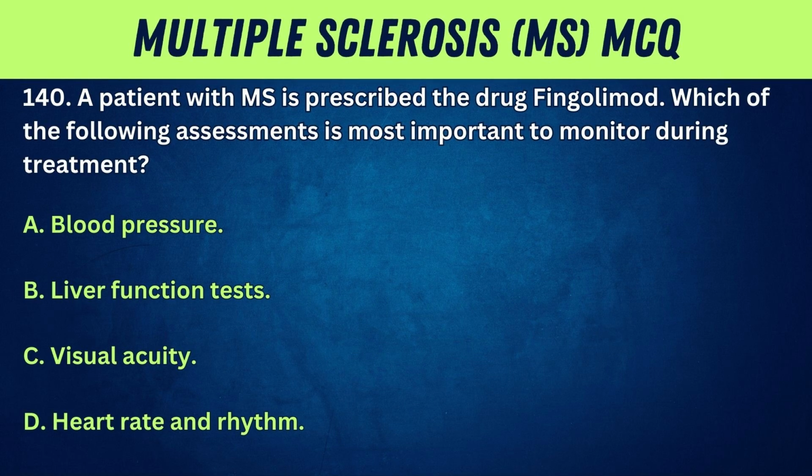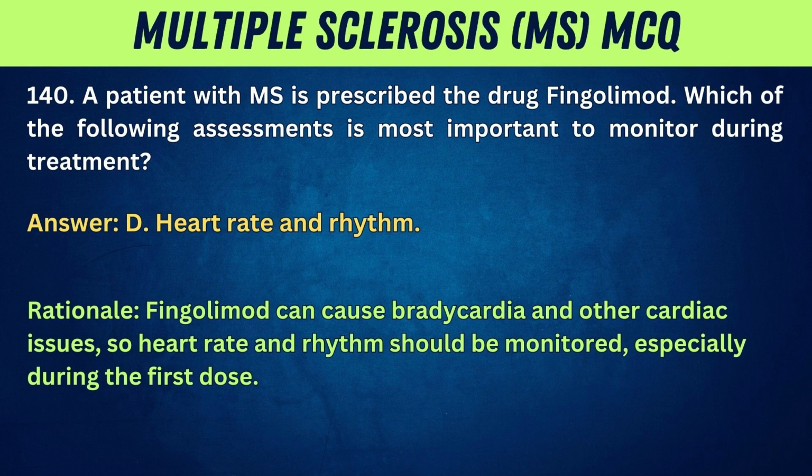140. A patient with MS is prescribed the drug fingolimod. Which of the following assessments is most important to monitor during treatment? A. Blood pressure. B. Liver function tests. C. Visual acuity. D. Heart rate and rhythm. Answer: D. Heart rate and rhythm. Rationale: fingolimod can cause bradycardia and other cardiac issues, so heart rate and rhythm should be monitored, especially during the